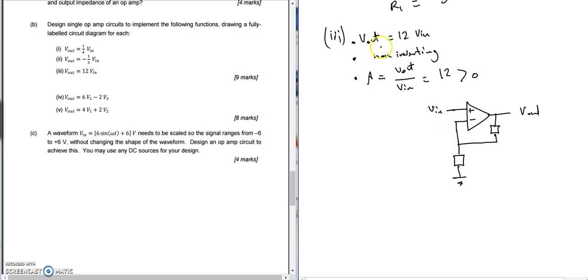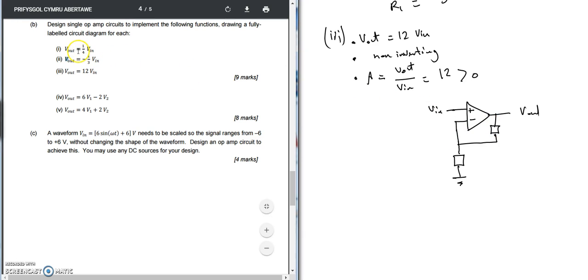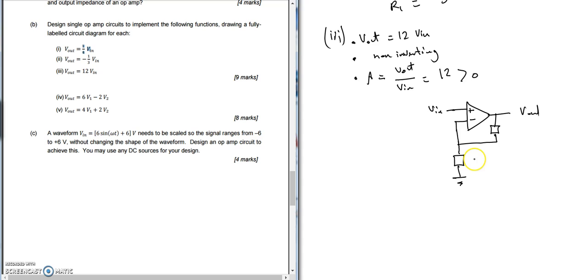So for this question, Vout is equal to 12 Vn. It's non-inverting. The amplitude is Vout over Vn, which is 12, which is greater than 0, which is different from the first one. The first one here was also non-inverting, and 0. That's why the configuration is different here. It's easier when you manipulate the variables. We'll see now. So if this is R2 and this is R1,